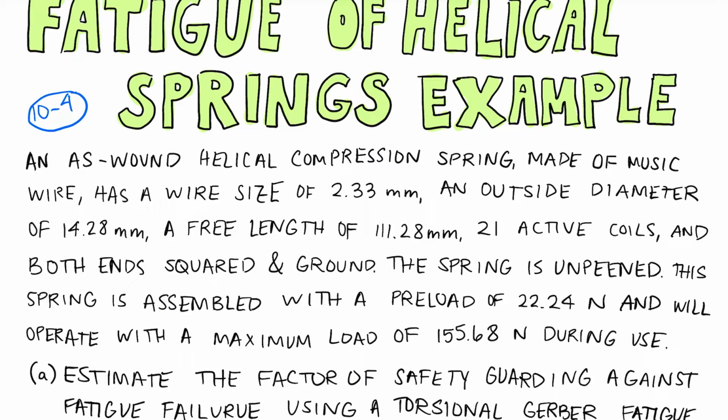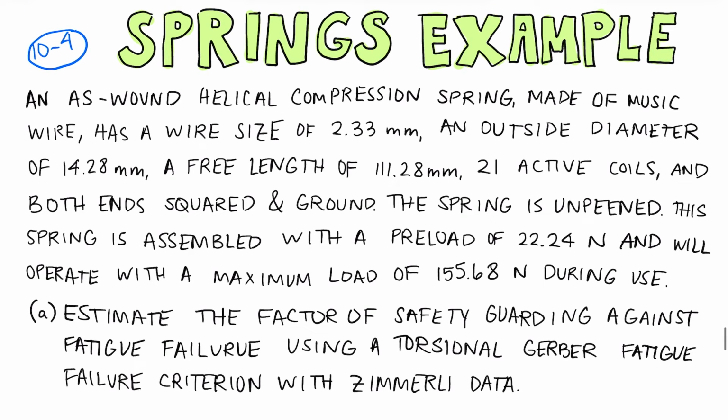We have an as-wound helical compression spring that is made of music wire. It has a wire size of 2.33 millimeters, an outside diameter of 14.28 millimeters, a free length of 111.28 millimeters, 21 active coils, and both ends squared and ground. The spring is unpeened. The spring is assembled with a preload of 22.24 newtons and will operate with a maximum load of